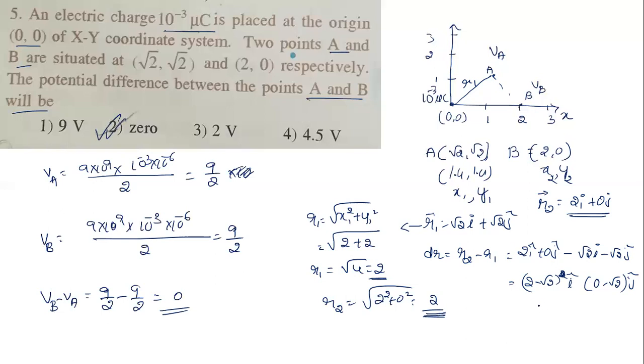Sir, what about this method? Okay, you got dr, right? Find its magnitude by taking the square root of 2 minus root 2 whole square plus minus root 2 whole square. If you simplify this, you get the distance is the same. dr is 0, so you again get potential as 0. You can try that method also, and this method also, but this is okay now, because in this exam question, this is fine. But sometimes we particularly need to go for this method only.